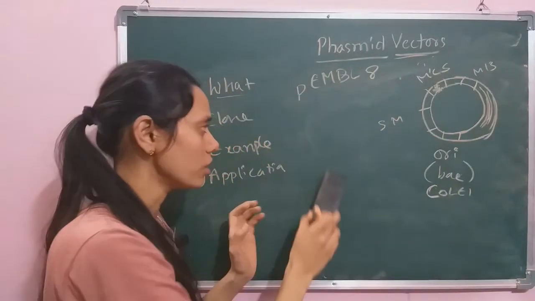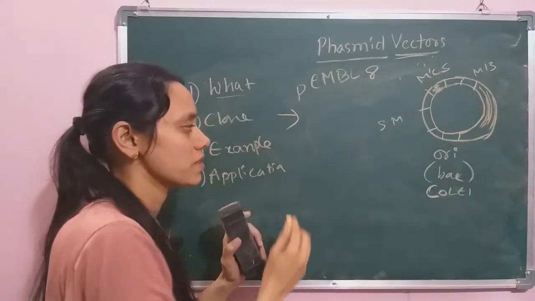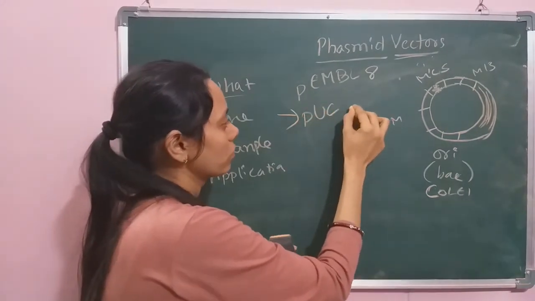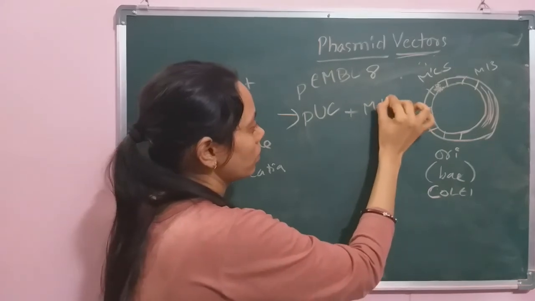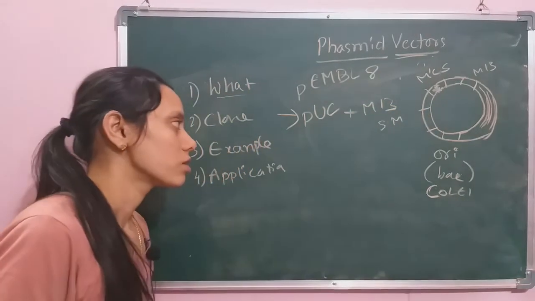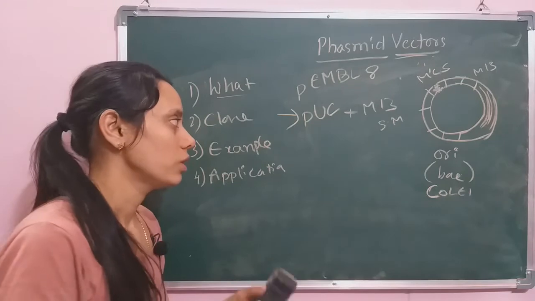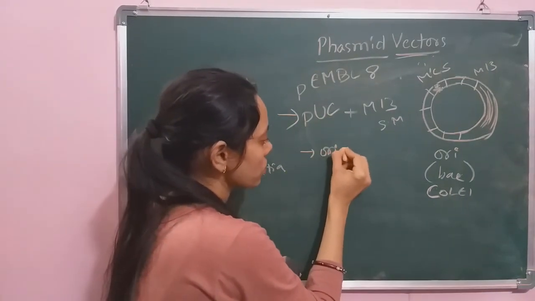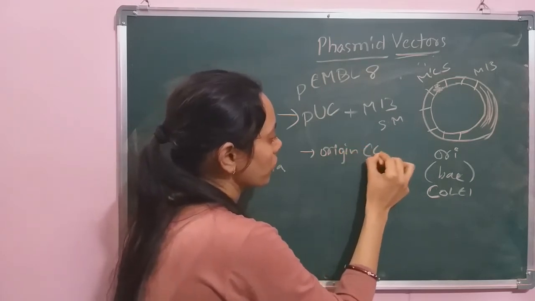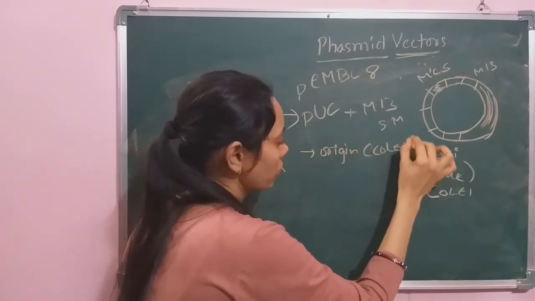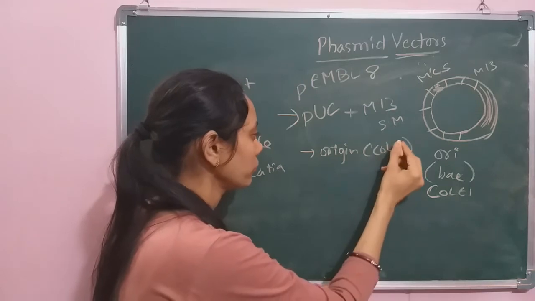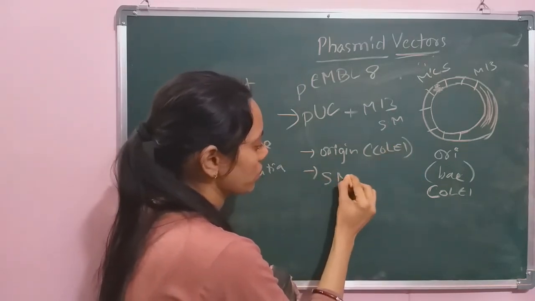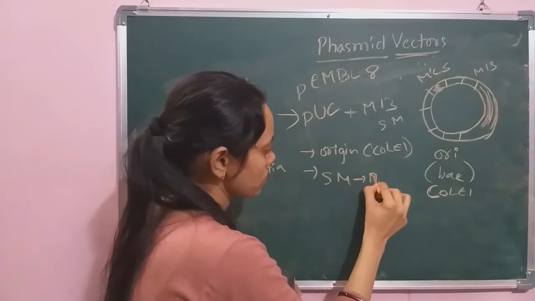So this pEMBL8 is a hybrid vector obtained from the pUC vector plus M13 DNA. This pUC vector will provide the origin of replication from the ColE1 plasmid and selectable markers such as the ampicillin resistance gene,